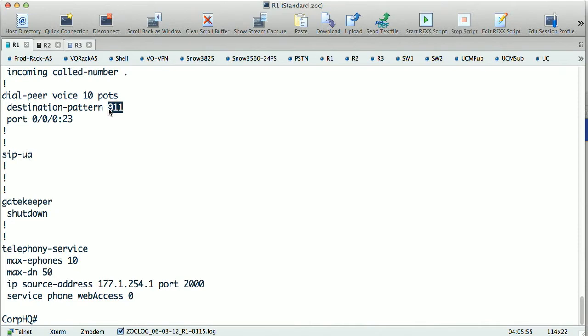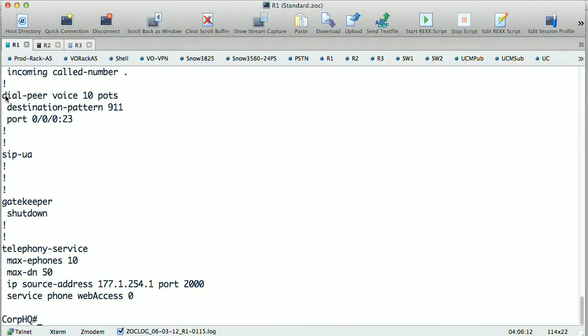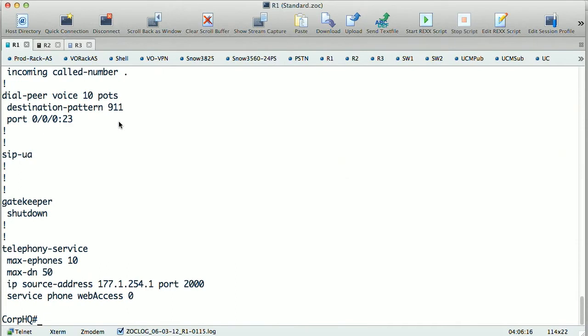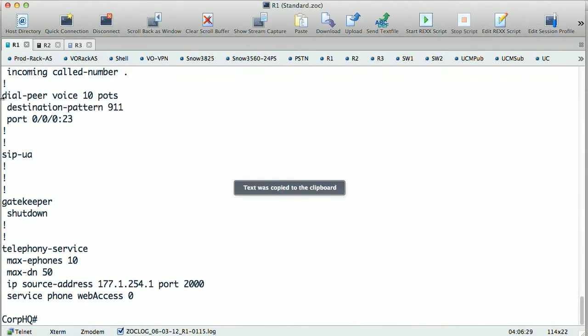So if I have any explicitly configured digit, that is to say it is not a wildcard digit, then those digits will, by default, be stripped. That's what digit strip enabled means. So when this call goes out to the PSTN, if I were to pick up a phone and dial 911, it would match this as the called number and therefore turn the dial peer into a match for an outbound port and send that